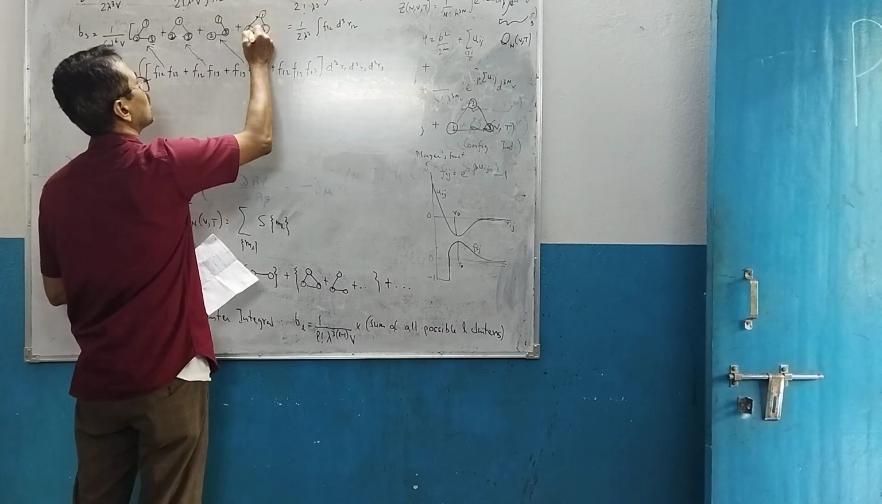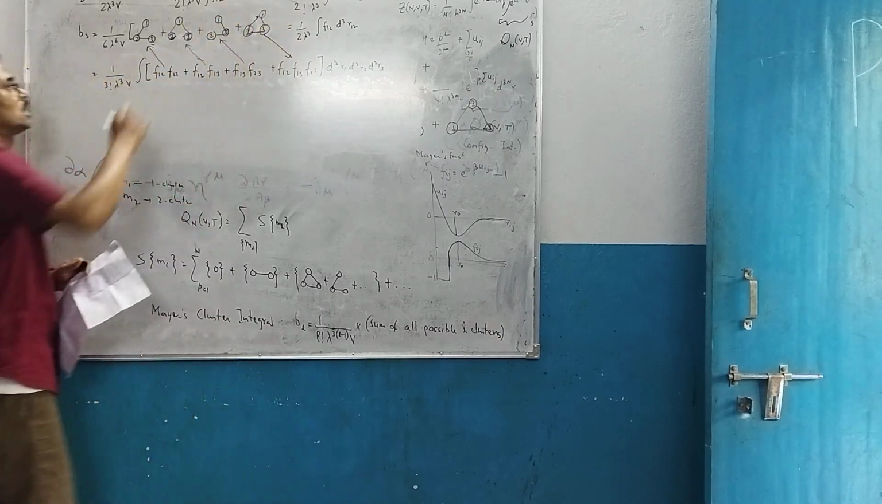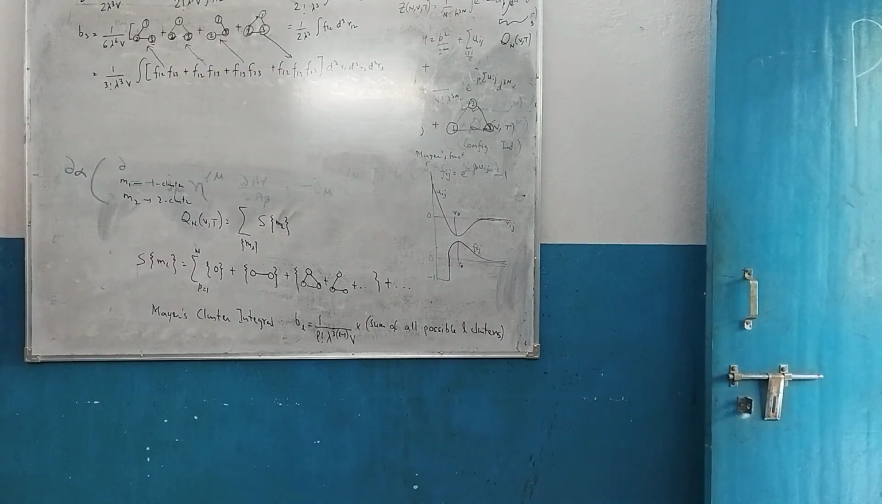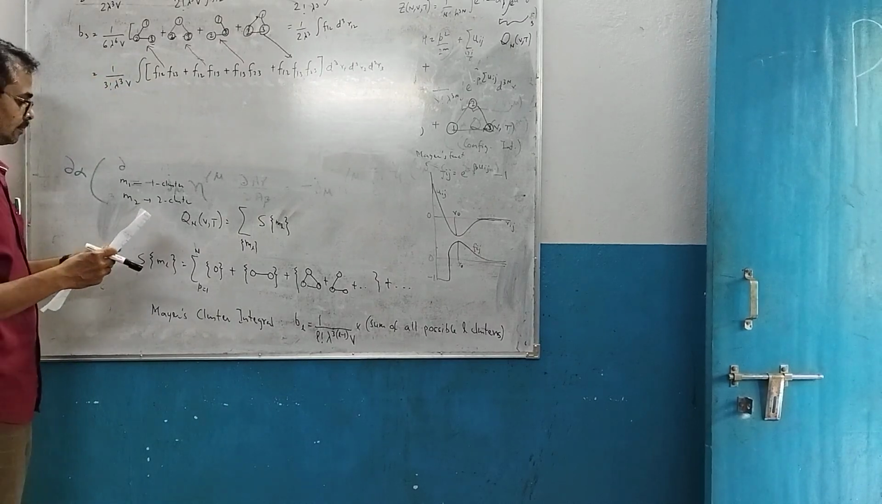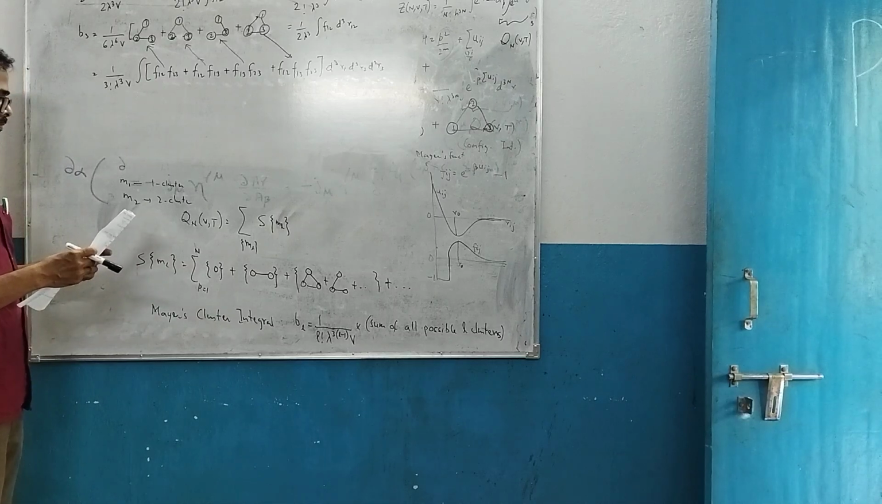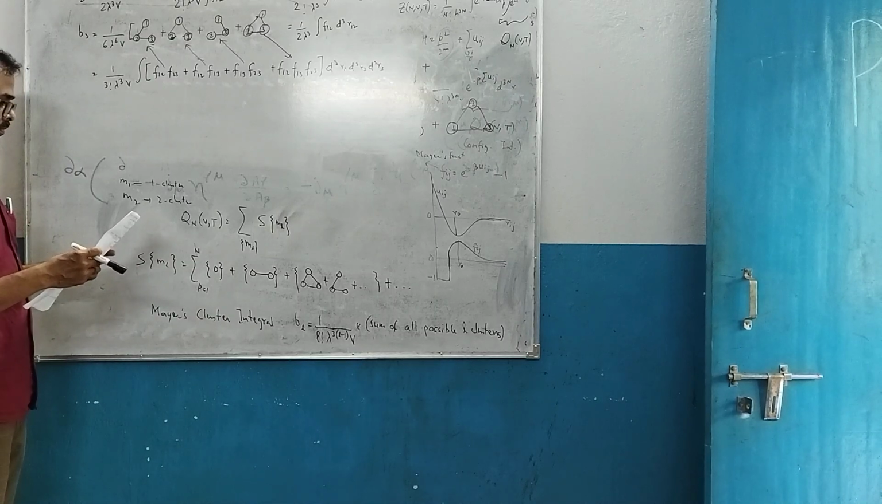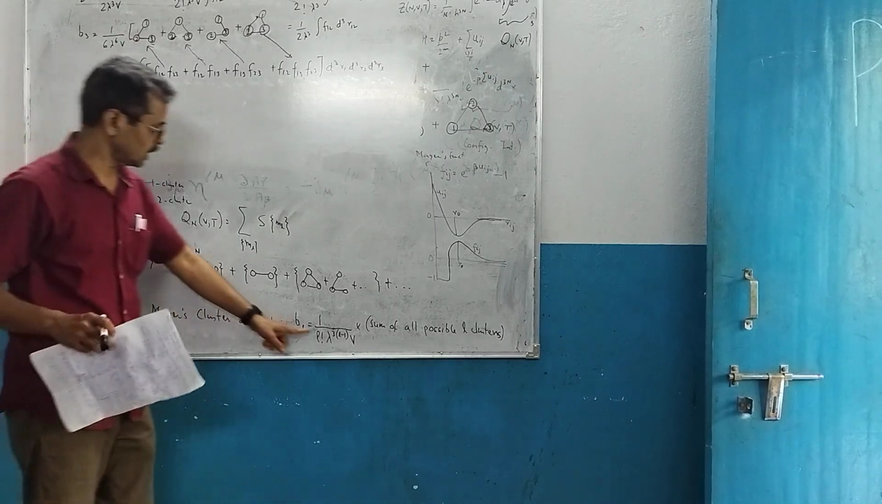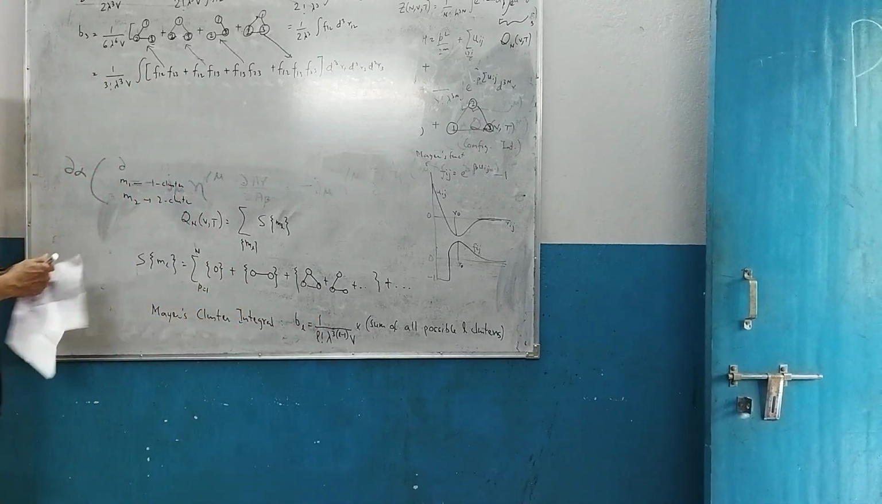So this picture corresponds to this lambda to the power 6. Okay. কারণ এখানে হচ্ছে 3 into